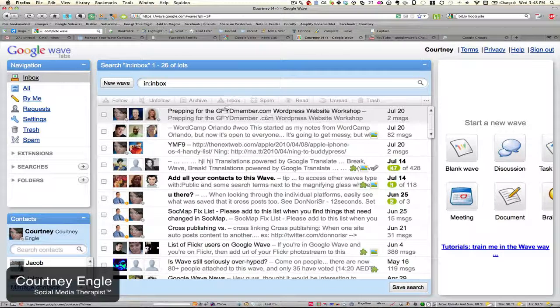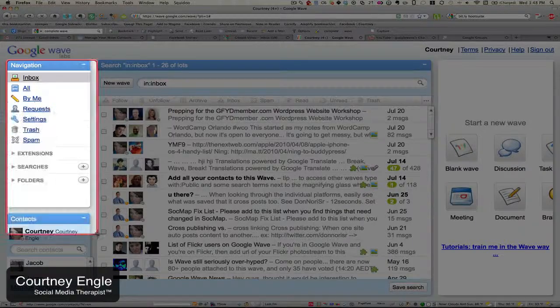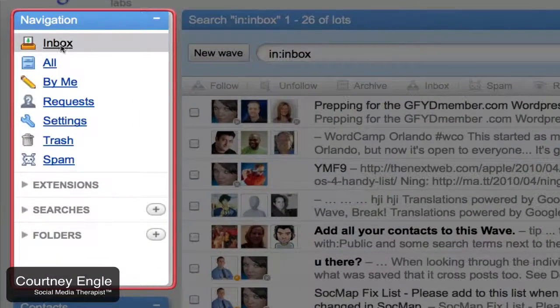As you get used to using Google Wave, you'll notice a few different areas or spaces on your wave that you want to draw attention to. First off, on the left-hand side, you will see the navigation box, and in this navigation box, you will see things like your inbox, all waves, waves that you have written,